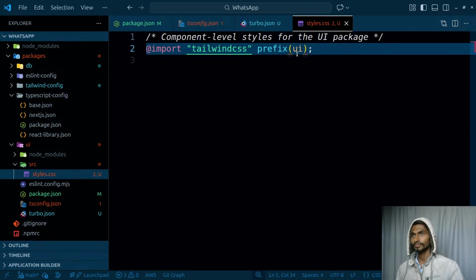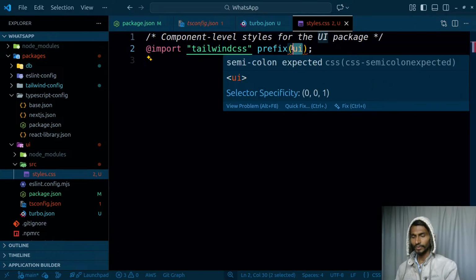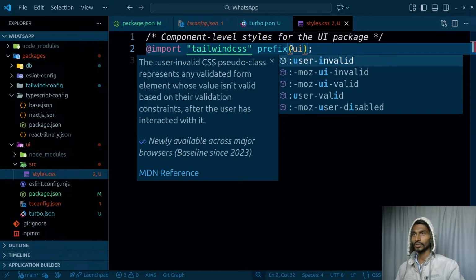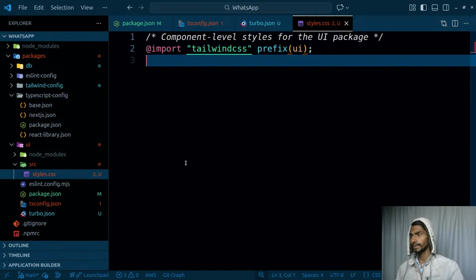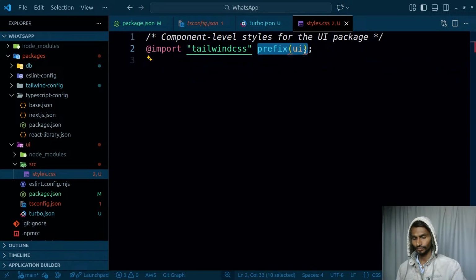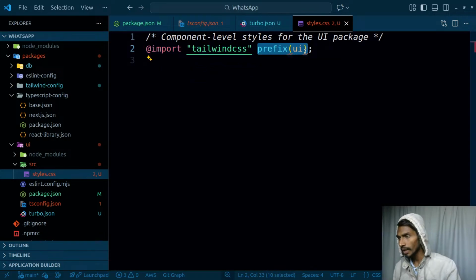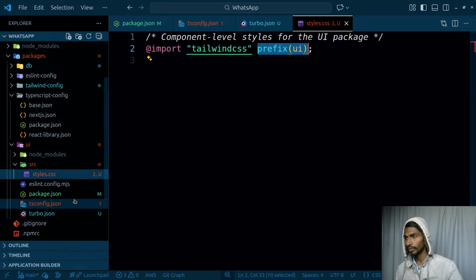Interesting. Prefix it with this, prefix it with this. Again, I will face the error, so I will have to make it UI, and then I get the error. Not a problem if I remove it. I don't get the error. I'm gonna be keeping it here. I will even find a way to just simply resolve this. Apart from this particular thing,